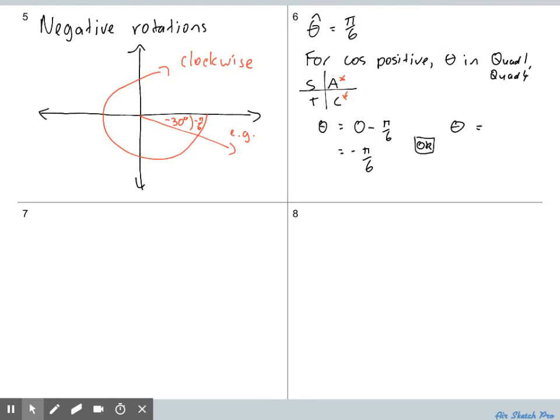So the next one is really starting off from 0. I'm going around here, and I have to keep going around until I create a 30-degree or pi on 6 angle here. But because I'm going around this way,